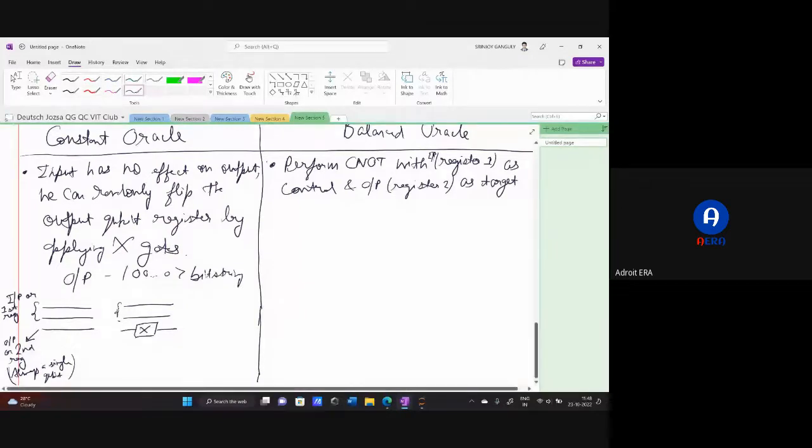But remember, this time we have multiple qubits, and multiple qubits have cases like 00, 01, 10, 11. It's not only a single 0 or single 1. So this is a different case. Therefore, for different input values,